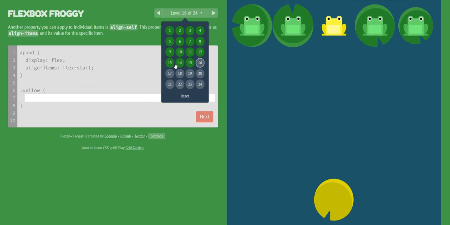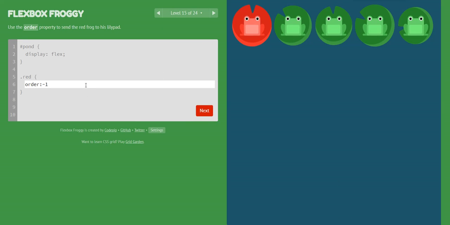If you say -3 also, it works all right, because it's going to be -1, -2, and -3. So it could be either -1 or -3, both are right.